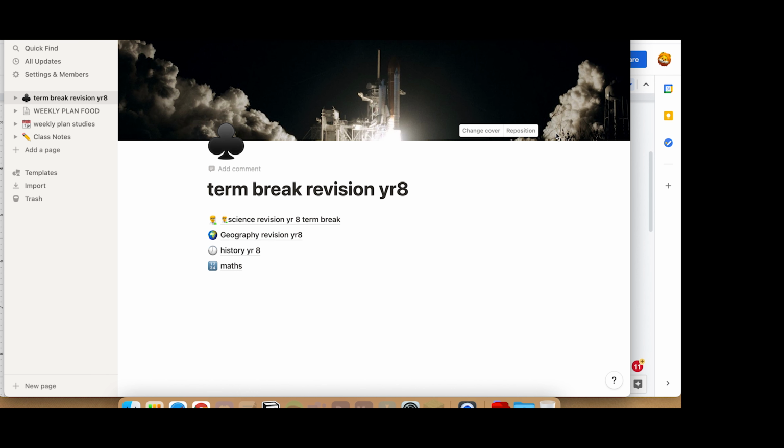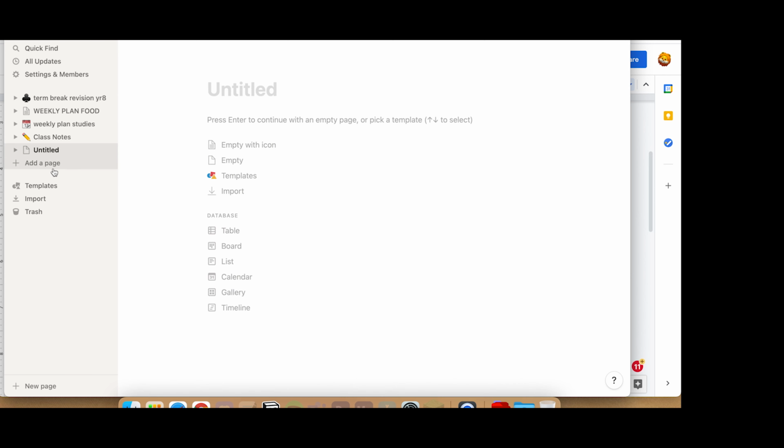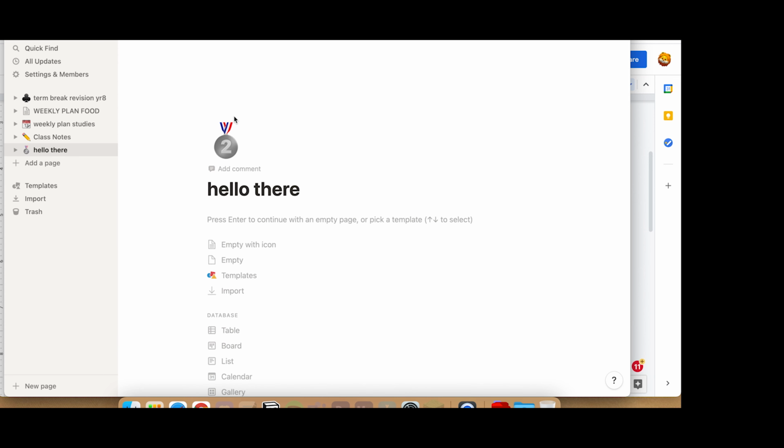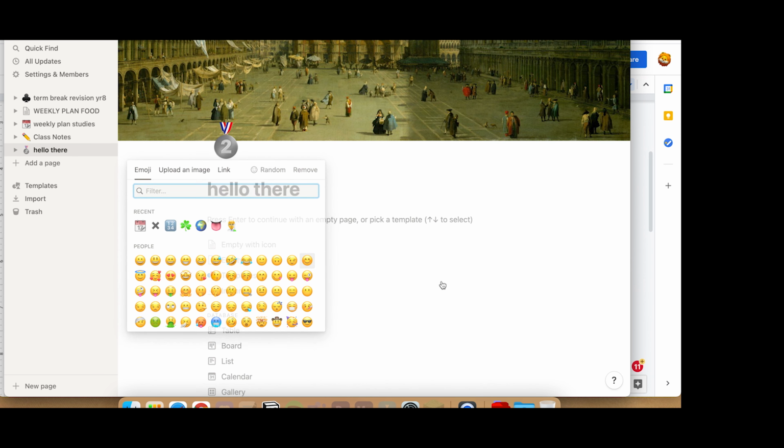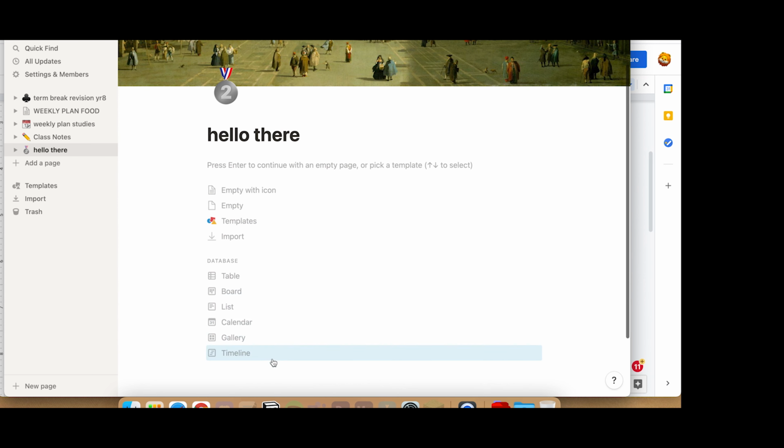So guys, now I'm going to go over the 5 points: how to create a page, how to make a table, how to organize your notes, how to import media files and PDFs. So first thing is, over here, if you can see my cursor, you can add a page, you can add a title, hello there, you can add an icon, add a cover, and you can customize the cover, like change cover here, and you can over here also do random or add any other emoji.